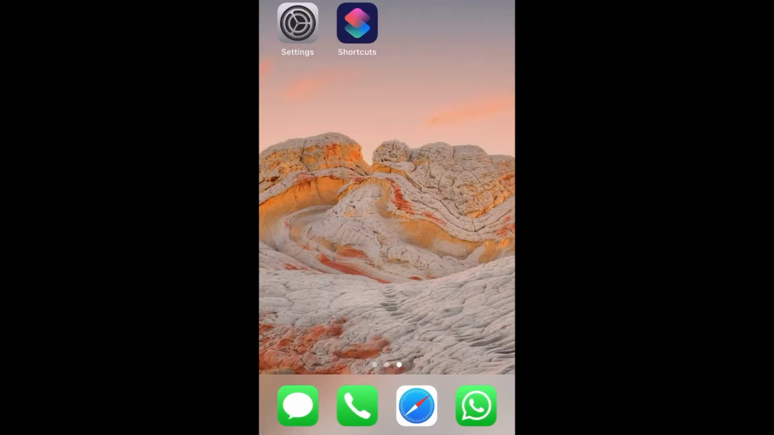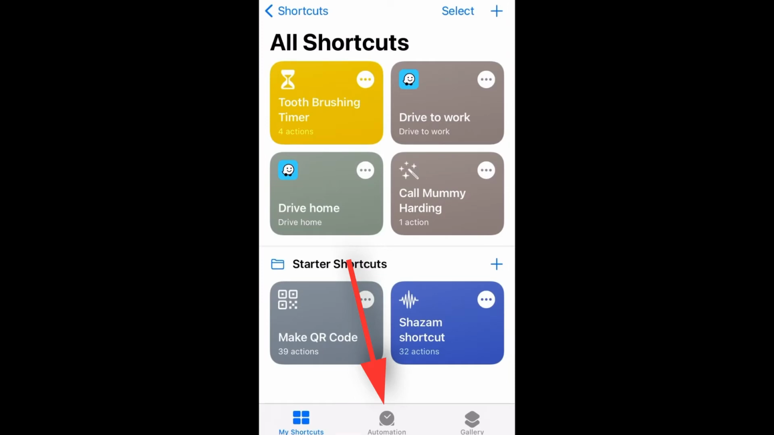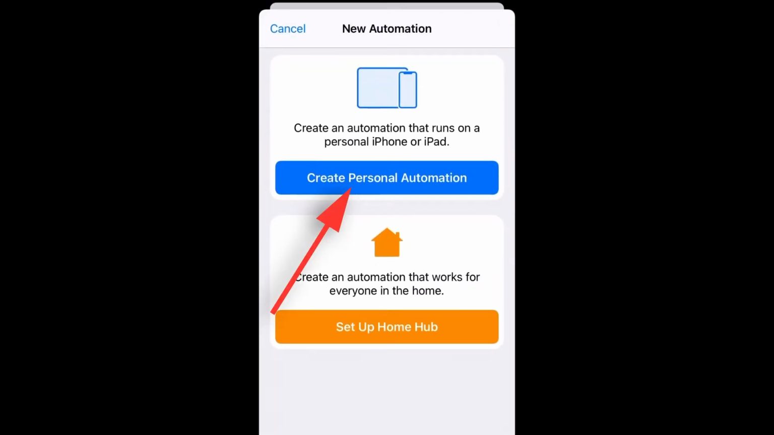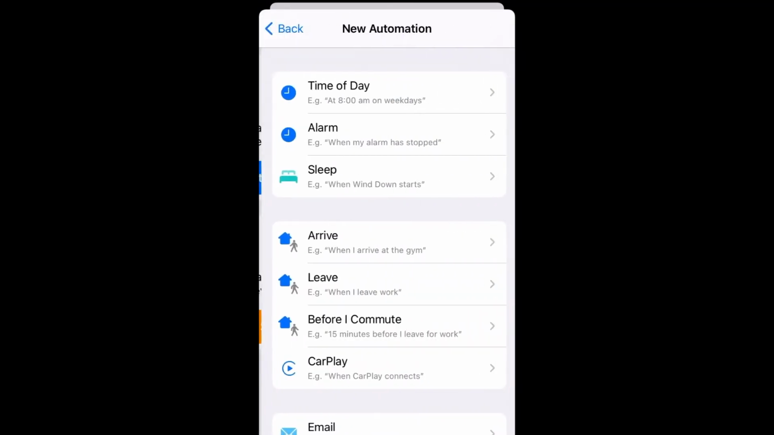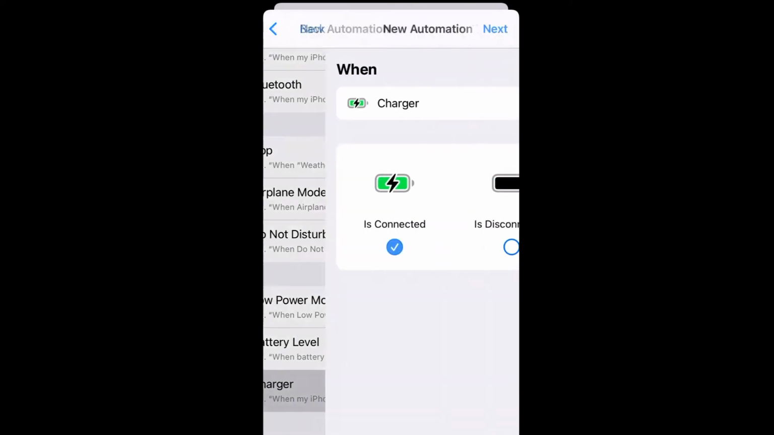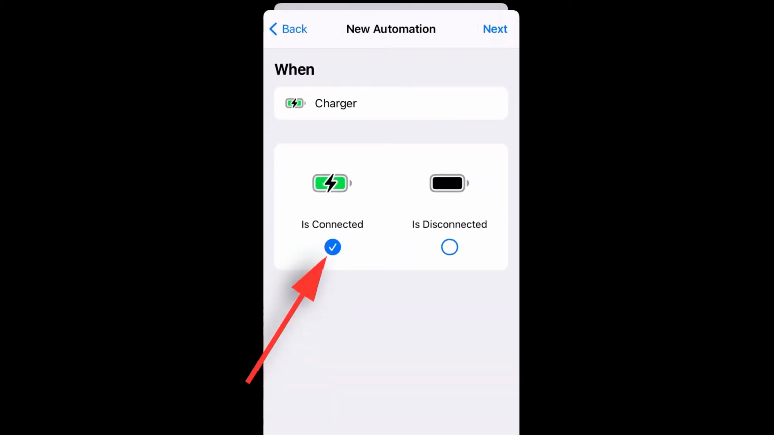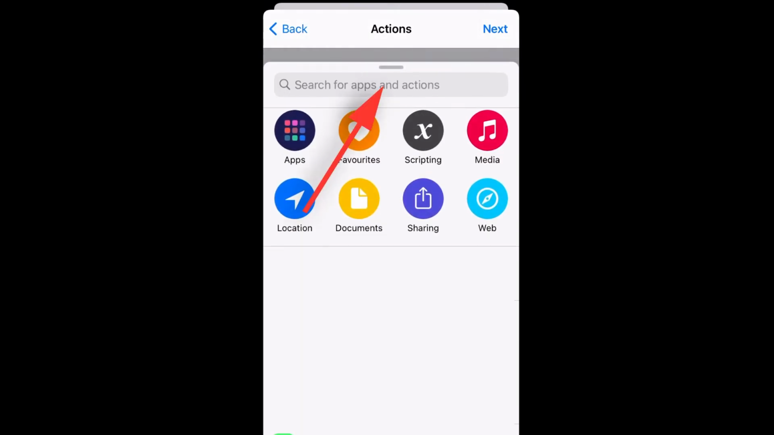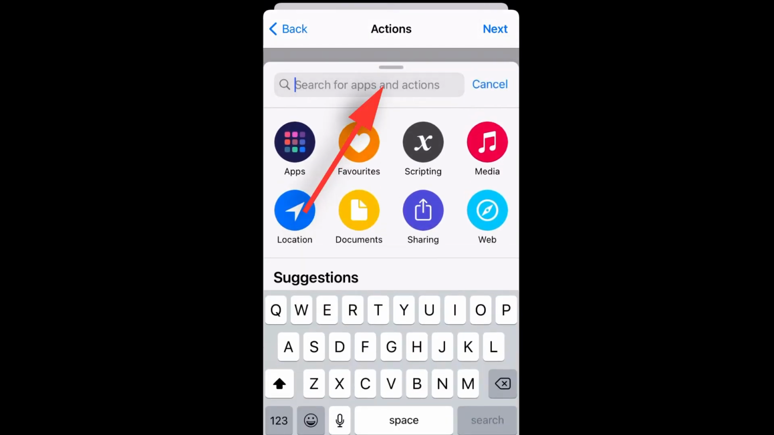Then go into Shortcuts, then Automation, then tap the plus icon, then Create Personal Automation, then go down to the bottom, then tap Charger, as I find it's the most effective. Then make sure it is connected, then tap Next, then tap Add Action, then you can type in the search bar, Speak Text,